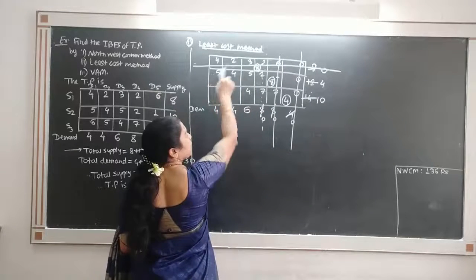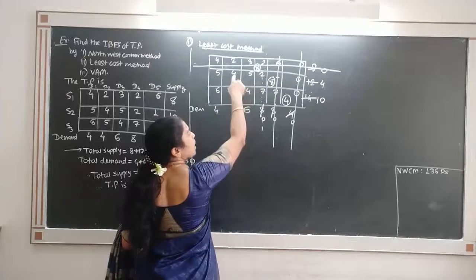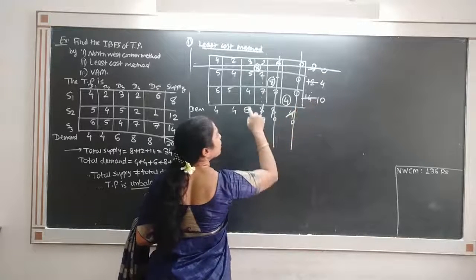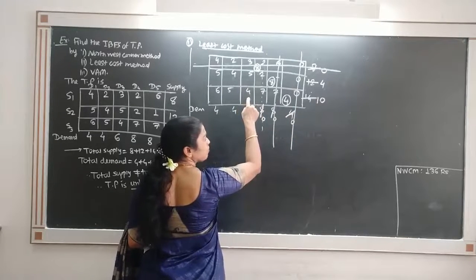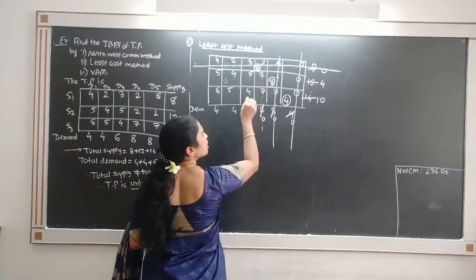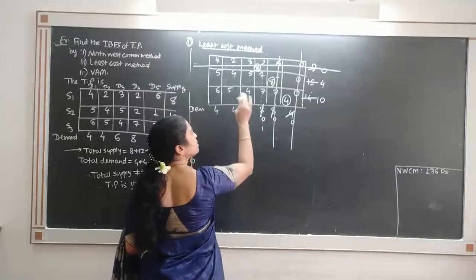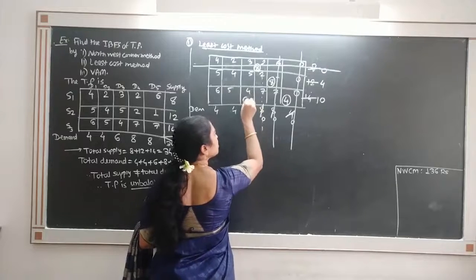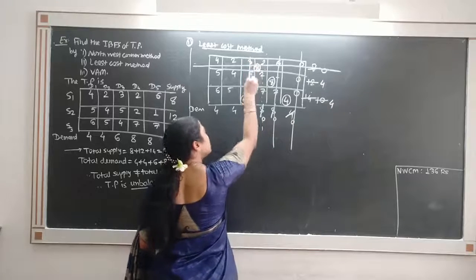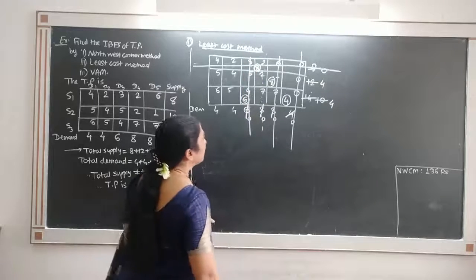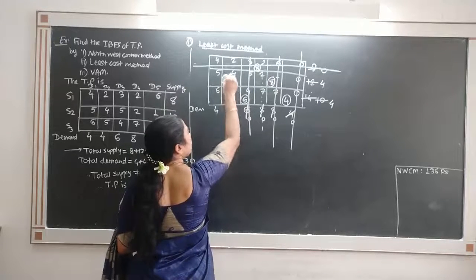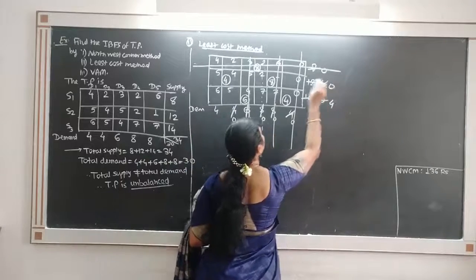In the remaining table, the smallest cost is 4. For these 4 you are able to assign 4, and for these 4 you are able to assign 6. Because this is maximum, we will select this cell, because in this cell you are able to allocate only 4, but in this cell you are able to allocate 6. So instead of this, I will allocate here. So allocate 6 here. Remains 0, remains 4 because this column has 0 demand, cross out that. In the remaining again, the minimum is 4, so allocate 4 to that, remains 0 in the row and column.